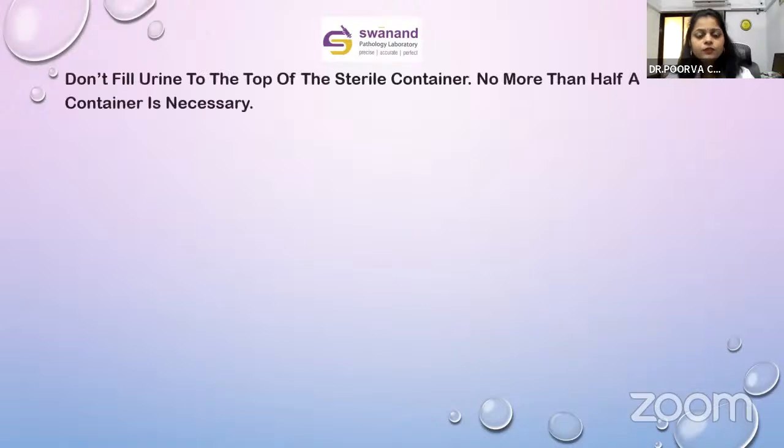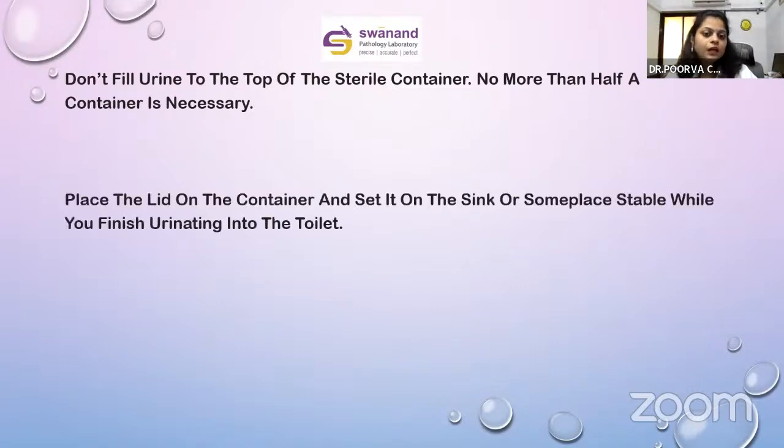So don't fill urine to the top of the sterile container. You just have to fill up the container to half. No more than half of a container is necessary. Normally we have to have 10 to 12 ml of urine with us to do any type of investigation for urine. Place the lid on the container once you are done with the urine sample collection,